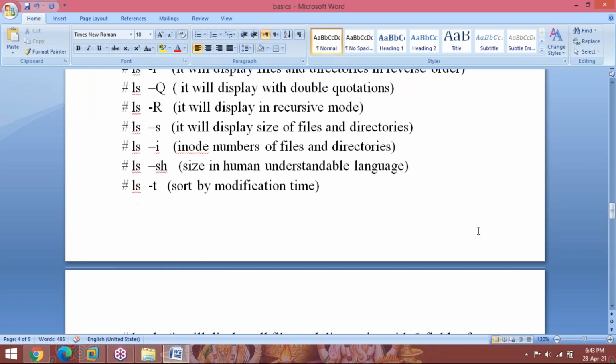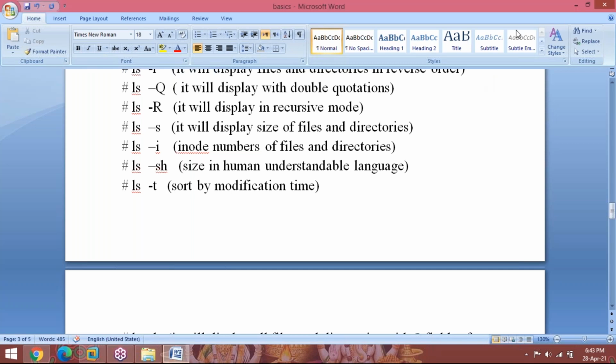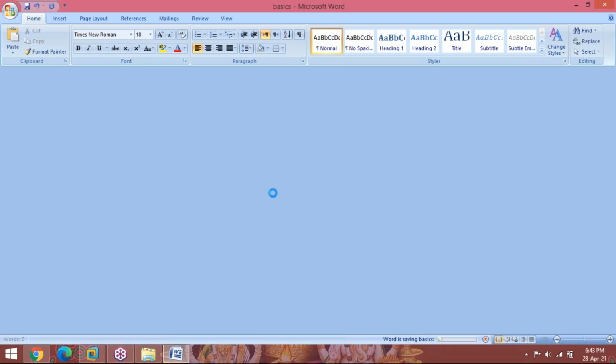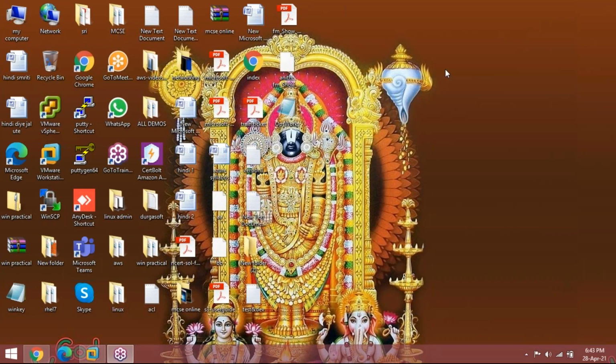This complete document I will send to you. Whenever you are having an operating system, you can have different files, different types.